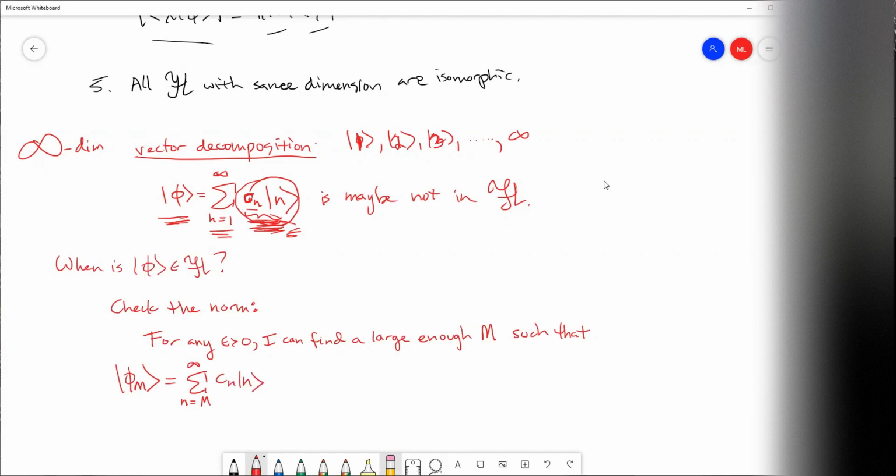This is a sum of an infinite number of terms. If we look at the last from m up to infinity, and then compare that to just your phi, which is a sum from 1 to infinity, then you can always find a large enough m such that